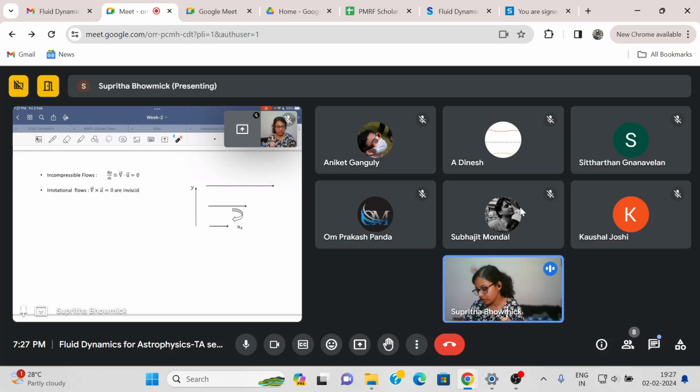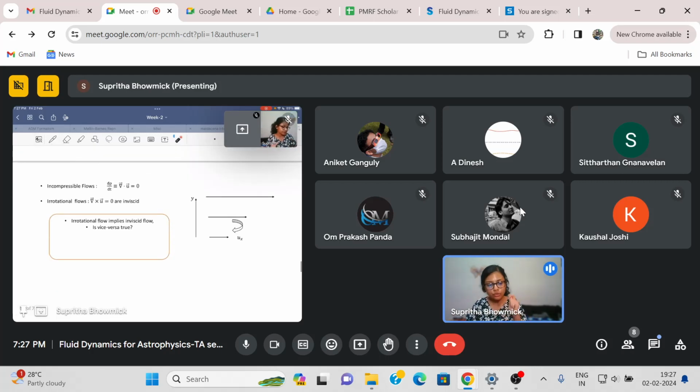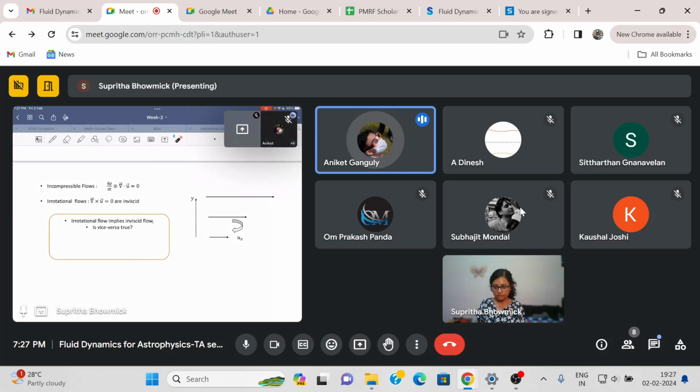Now my question is, if you know you're working with ideal fluids, is the vice versa true? That if you're working with ideal fluids, do you know that you have an irrotational flow? I think the answer is no, because if I have a flow of a viscous fluid in a pipe with some diameter, then